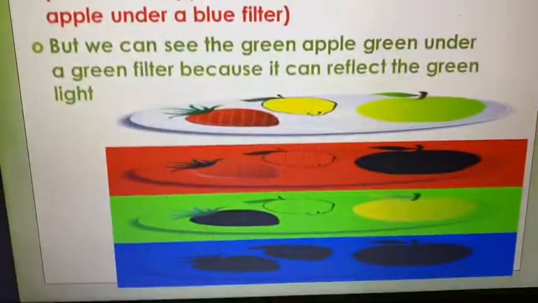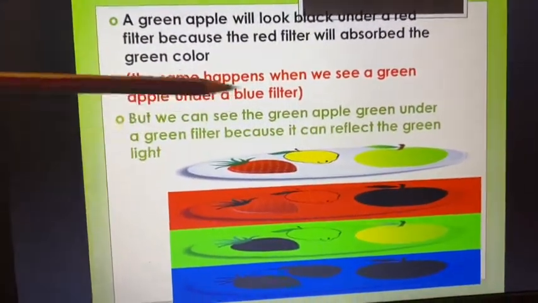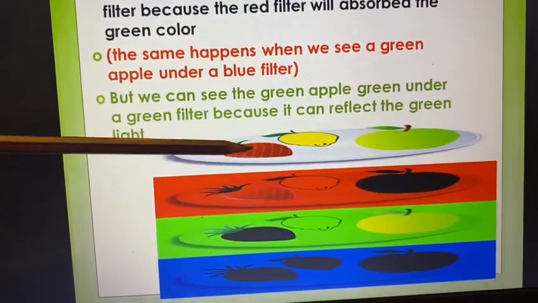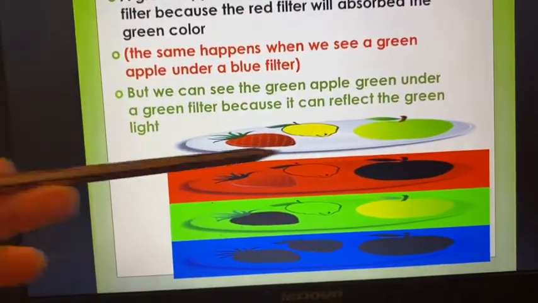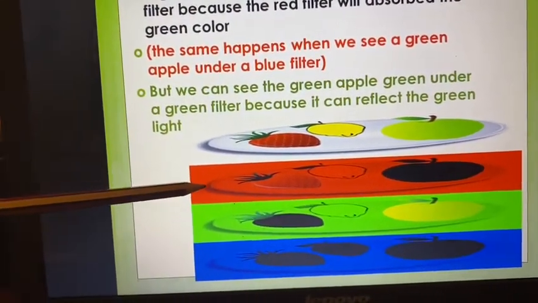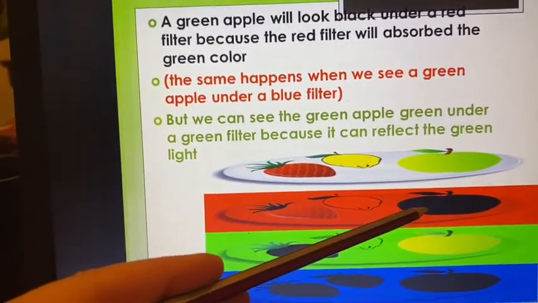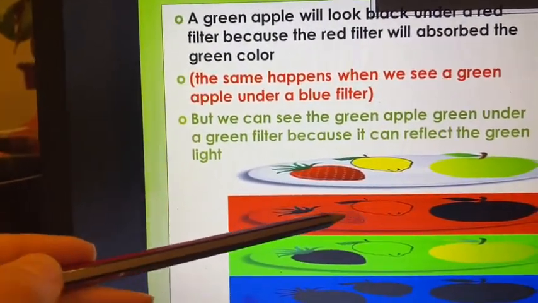And more, I gave you this example in the PowerPoint. You can go and watch it. Now, in white light, the strawberry will look red, the lemon is yellow, the apple is green. Now here they put a red filter. The green will absorb the red, so it will look black. Okay, but the red and yellow, they can pass the yellow and red colors according to what I told you to do here. The red and yellow,